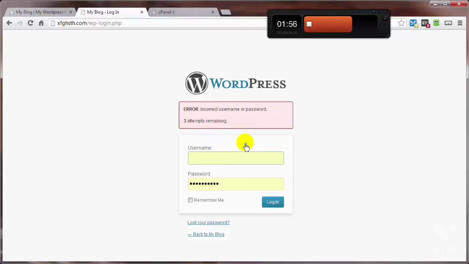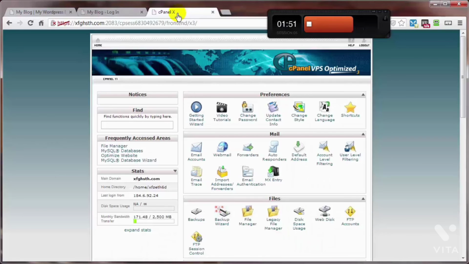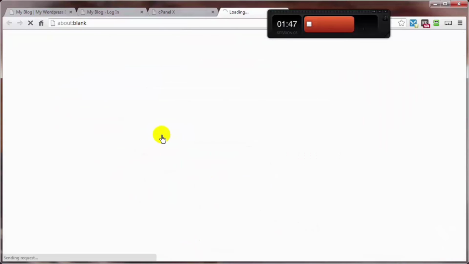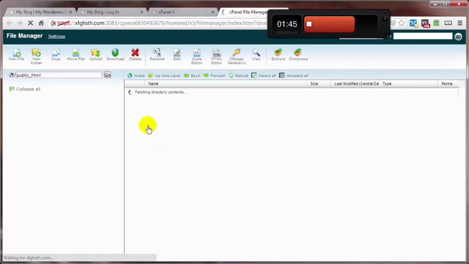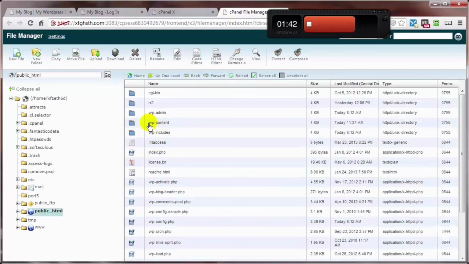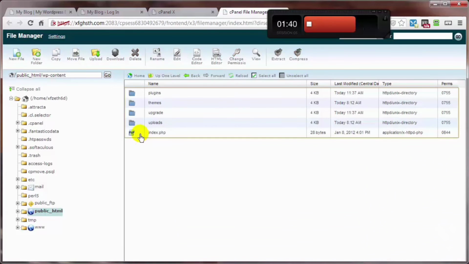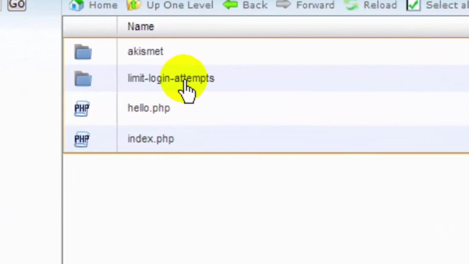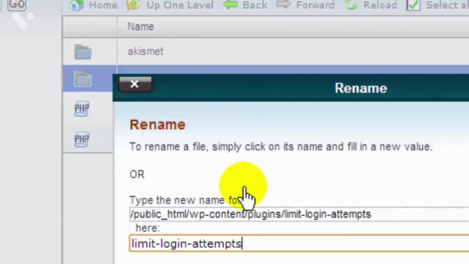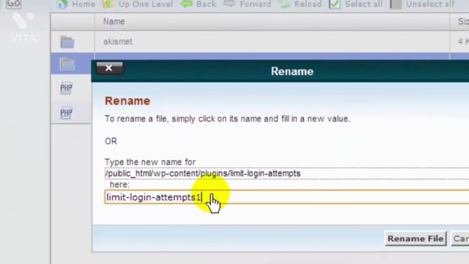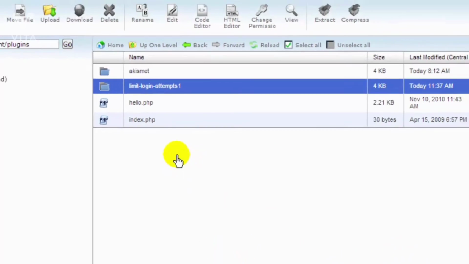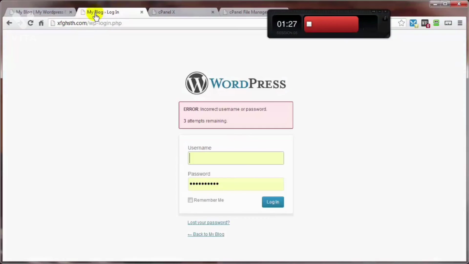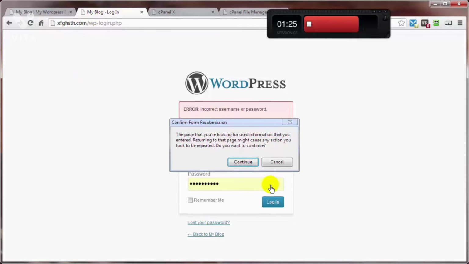So if you can't remember your administrator login credentials in 4 attempts, well, you probably ought to just give up altogether. But if you want to, you can go into your cPanel or FTP account and just disengage that plugin. Come on down to File Manager, look for that plugin, and just rename it. That's in the wp-content directory. Open that up, open the plugins directory, and right here, just rename it. I just put a number after the end of it, like 1. Just basically change the name of it. And then come on back here, refresh, continue,